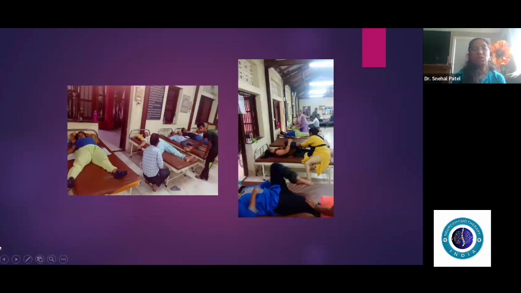You can start with the lower limb movement of the hip flexion, abduction, extension, knee flexion, extension, ankle dorsiflexion, plantar flexion. You can teach the caregivers also. That is also an important aspect of rehabilitation. Upper limb strengthening with the weight scarf, with the dumbbells, depending upon how much weight they are able to lift. Of all the individual joints you can work like the shoulder flexion, extension, abduction, adduction, elbow flexion, extension,